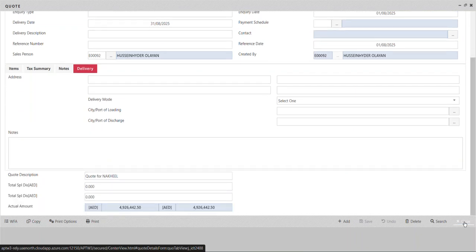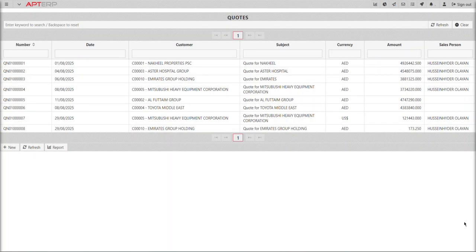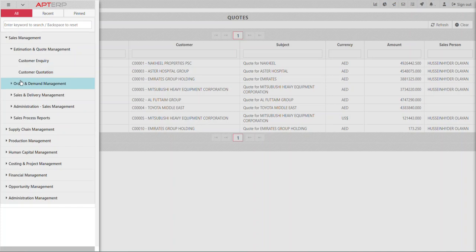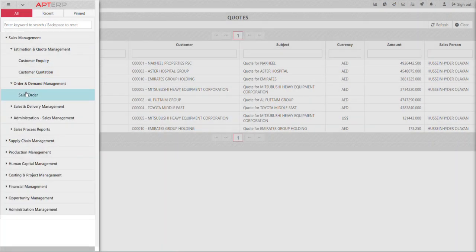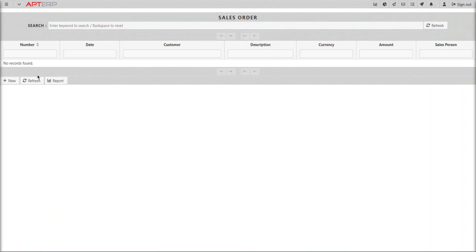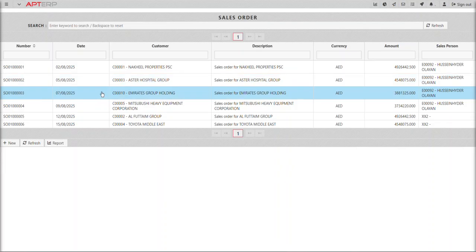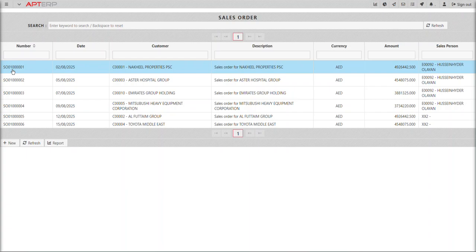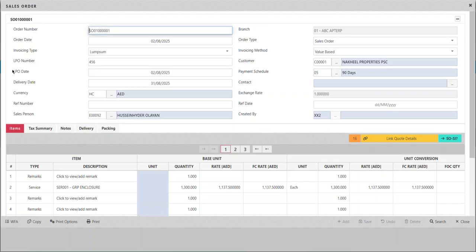Okay, once the quotation is ready, then it will go into the sales order. The order will be generated based on the quotation. See, same for the same customer, once it is quoted, then the sales order will be generated, where we have the